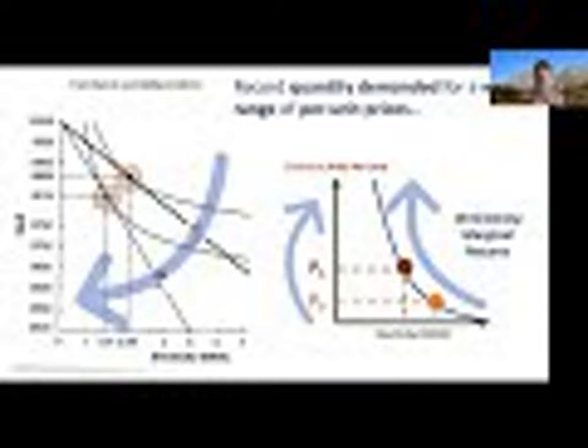And another way to think about what we mean by a change in demand is that when your demand changes for the same price, you will get a change in the quantity demanded. So in this case, for the same price of electricity, at our old income level we bought this much, and at our new income level we buy this much. If I didn't change the price of electricity, and I only increased my income, and I saw an increase in how much electricity I bought, that must be due to a change in my demand for electricity. So my quantity demanded changed not because I moved along my demand curve, but because my demand curve moved.